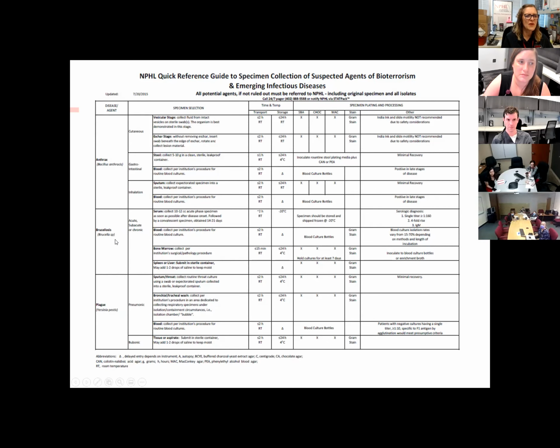I know I've got anthrax, brucella, and the plague here. If you have a physician that calls and says, oh God, I think I had brucella, what should I collect? What kind of specimens? Or if I think I have plague, what should I do there? Then your setups group can use this chart, but it also has smallpox and staph enterotoxin. So if you get the really weird calls about Coxiella, this chart will help you know what to tell